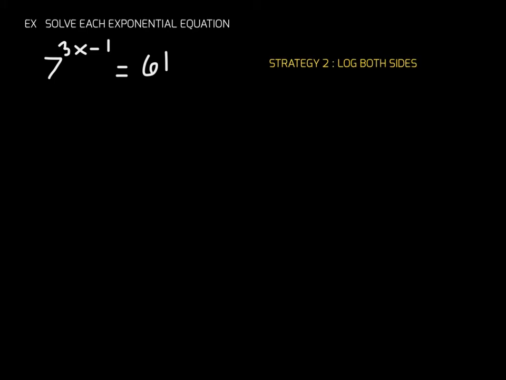Okay, strategy number 2 is to log both sides. Let me introduce this strategy like this. What are you trying to solve for? You're solving for x, and x happens to be part of your power, part of the exponent. So really, if you're trying to solve for x, you need this variable x to come down so that you